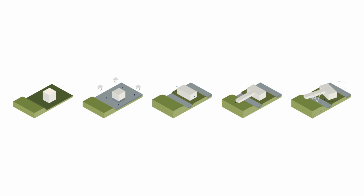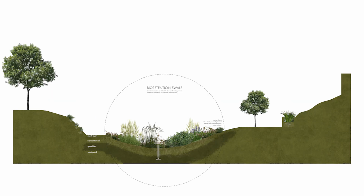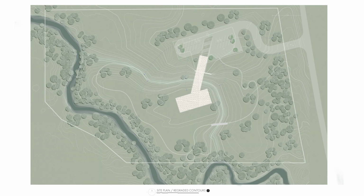Through addressing flooding concerns, a bioretention swale was constructed in the middle of the site, with the soil being relocated to the north to allow for a dramatic entrance into the site, with the elevation gradually building upon entrance, met by the stark contrast of the swale beyond. Invasive tree and plant species that were overtaking the original site were removed to allow for a walking path with a bridge made of recycled materials also present on the site, encouraging visitors to take advantage of the new, usable